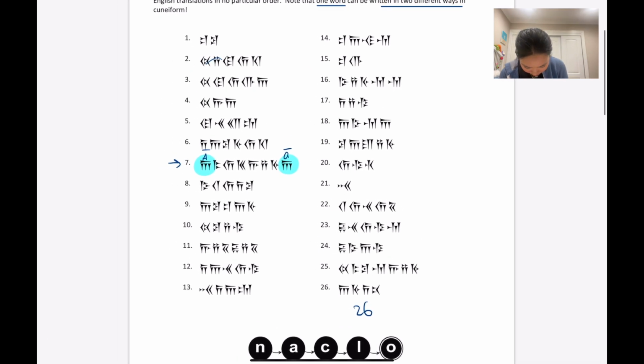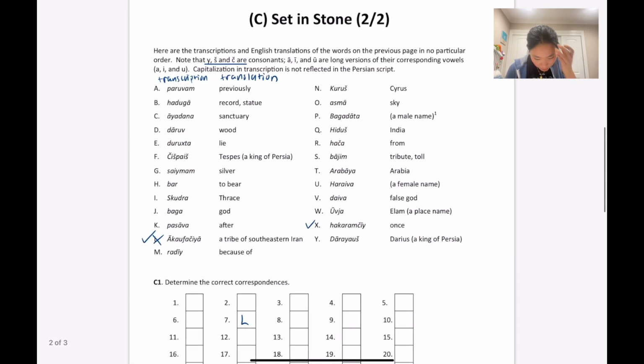Something else that might be kind of important, other than looking at the lengths of the symbols, is to see if we have any patterns within. And so I see 2 repeating things here. I don't really see anything repeating at the end of any word, which is interesting. But I notice,